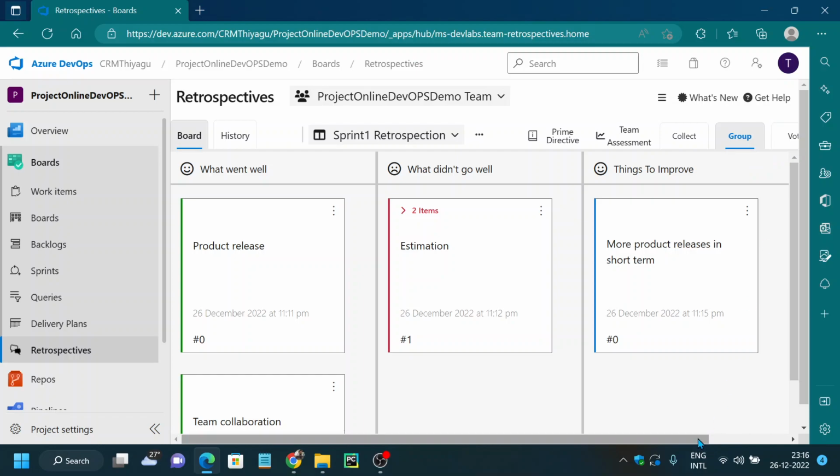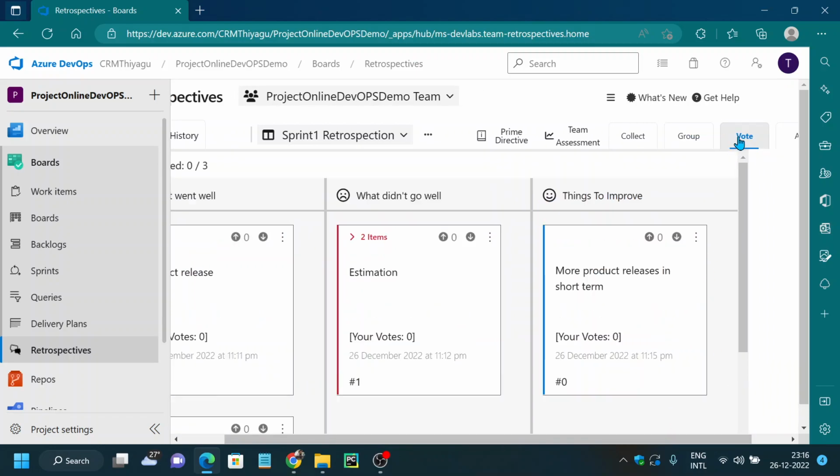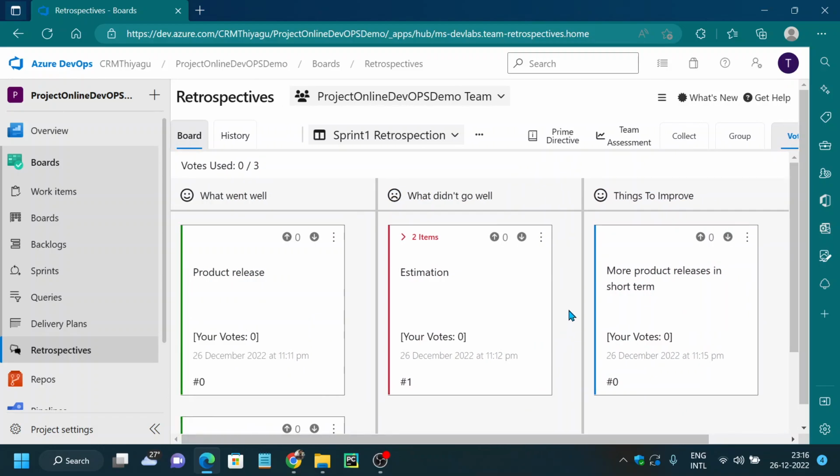And next we have something called vote. Why do we need votes? Whenever you're working with a larger team, say a 15 to 20 member team, obviously there will be a lot of retrospective items inputted here, say 100 to 120 for example. Let's say the number is quite huge, right? It is practically not possible for you to discuss all these pointers within 1 or 2 hours